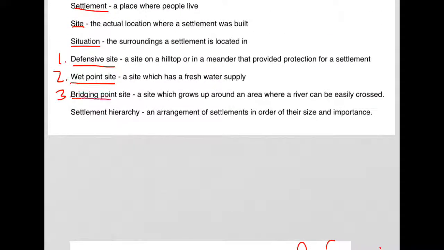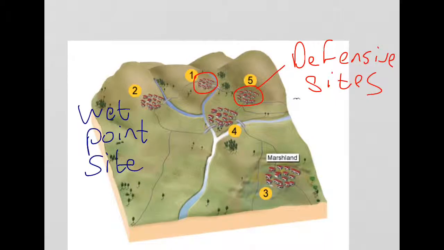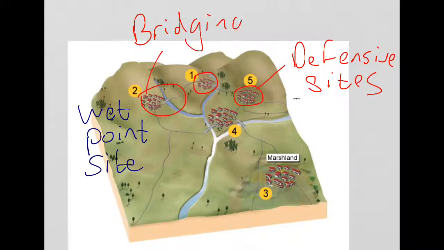Third one is a bridging point site, and this is where a site which grows up around an area where a river can easily be crossed. Site number 2 is probably the best example of a bridging point site. Although there are other examples on this diagram, including site 4, site 1, which both have bridging points across the rivers. And again, these were areas where trade tended to funnel through the settlements, which allowed the settlements to grow